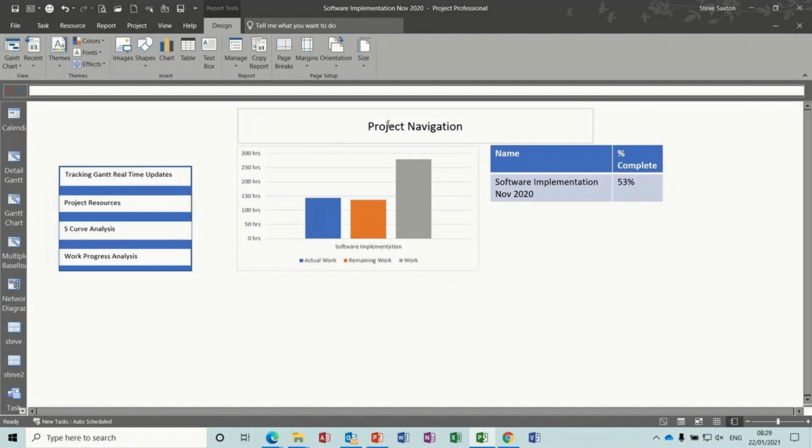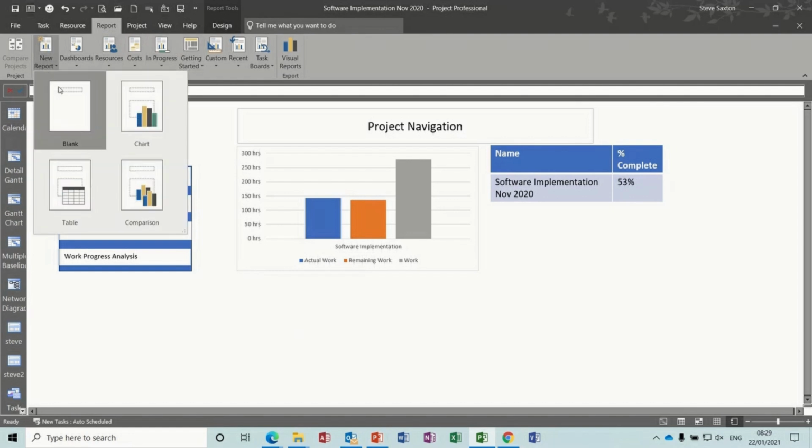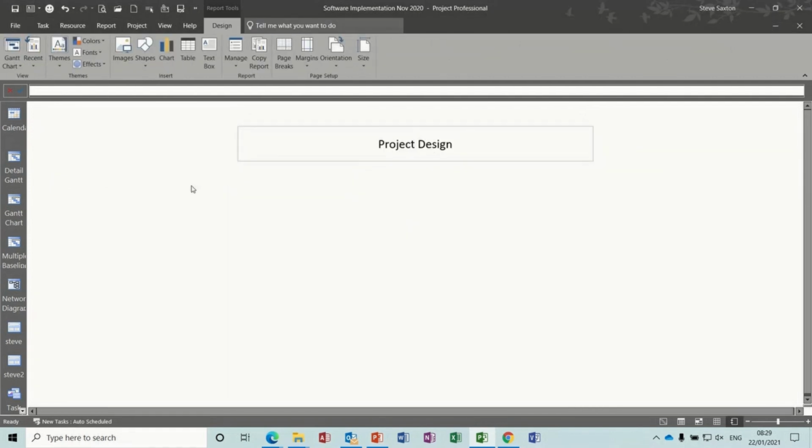I'll call it project design. So it'll be a new report. So I'll go to reports and new, just pick a blank one. So I'll call it project design. We'll get a blank one there. So what you need to do is use text boxes. So text boxes, I'll just do,